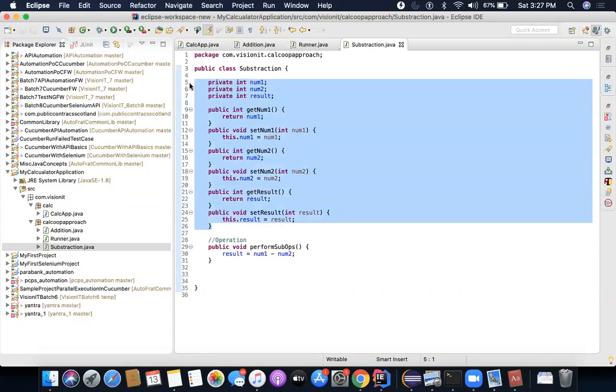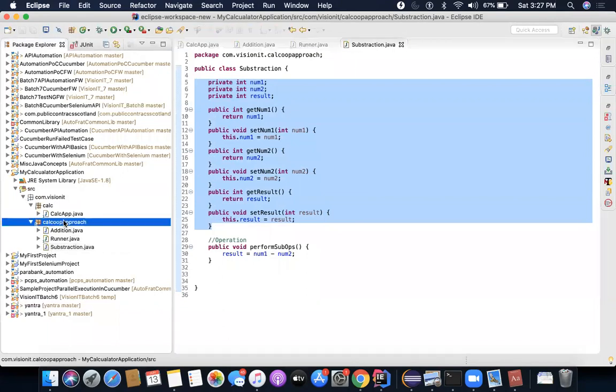So now we'll try to implement another concept of object-oriented programming called inheritance. Let me show you how to do that, and then you can go and try it out on your own. I will go and create